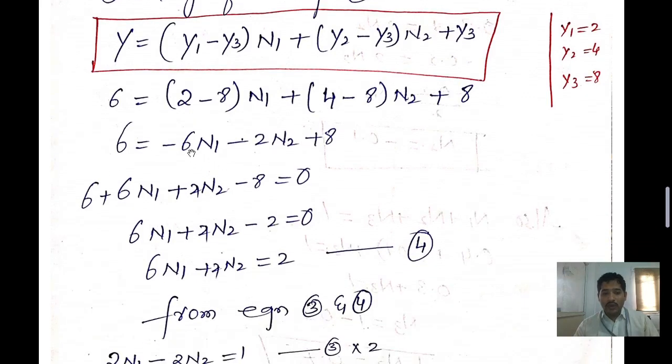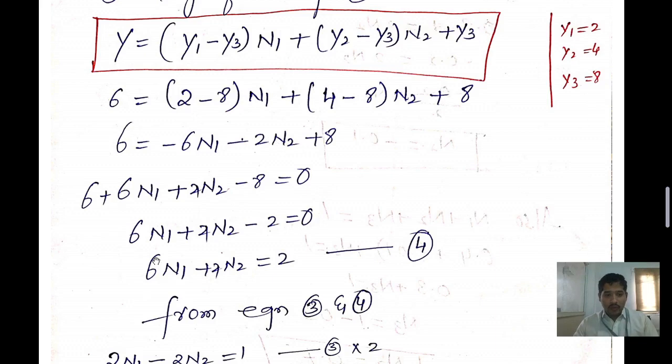After that, let us see over here, if it is moved toward this side, it becomes positive. 6 as it is, this minus becomes positive toward the left hand side. 6 n1 plus 4 n2, sorry, please make the correction over here. This is 4 n2. 4 n2 minus of 8 equal to 0.